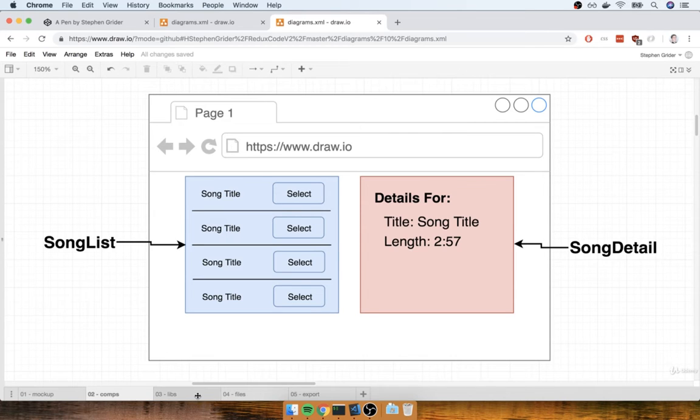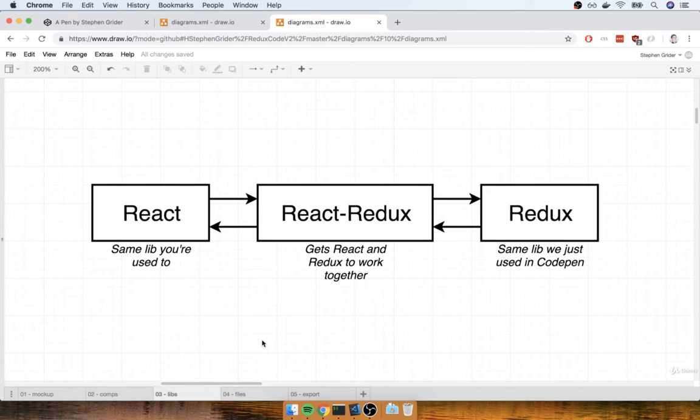All right. Now, I want to tell you something a little bit more interesting that's going to help you understand how we put React and Redux together. So at this point, we've made use of the React library by itself quite a bit. We also have seen an example of Redux inside of CodePen. And you even saw me, and you probably went through the same process as well, add Redux to that CodePen instance as a dependency. Now, we're going to flip back over to our terminal here in just a second, and we're going to install Redux.